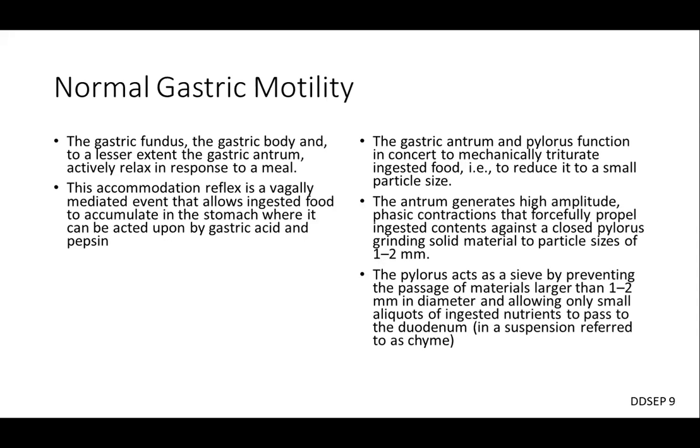The antrum and the pylorus, so I'm not sure if you're all that familiar with gastric anatomy. When you get down to the antrum, which is the part of the stomach that connects through the pyloric channel to the duodenum, or the first part of the small intestine, that actually contracts. And for those of you that have seen EGDs, if you've come in the GI lab and watched, we go down there and take a look, and you'll see the pyloric channel is closed. It's functionally closed, physically closed by the muscles.